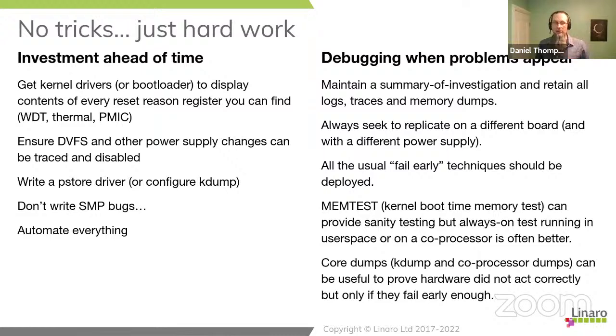And finally, automation. Automation is a huge deal when things randomly fail, because what we really are likely to have to do is crunch statistics. We're going to have to get the failure reports. We find out the mean time between failure. We find out how often it manifests itself. If we don't know how often it manifests itself, we don't know if we fixed it or not, because we don't know how many tests we have to run to have any confidence in anything.